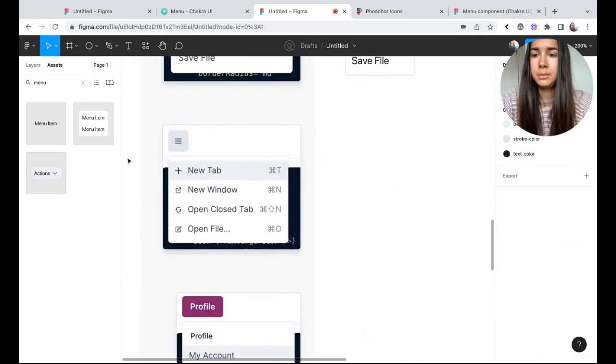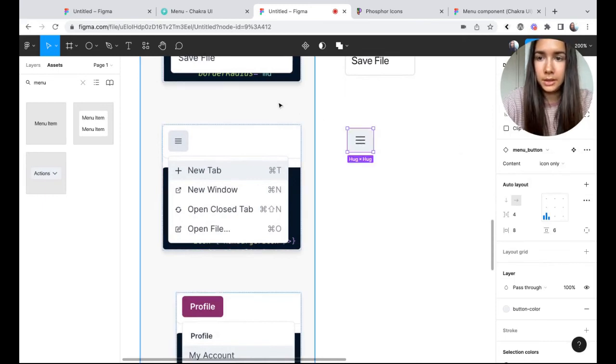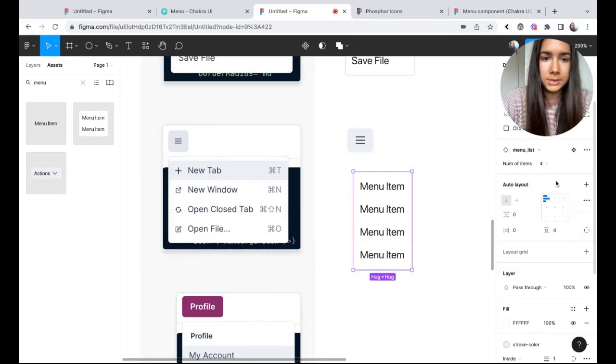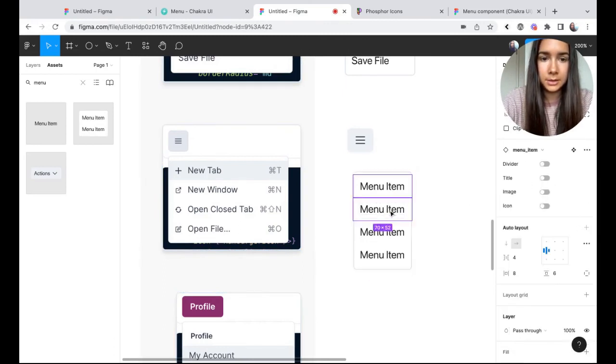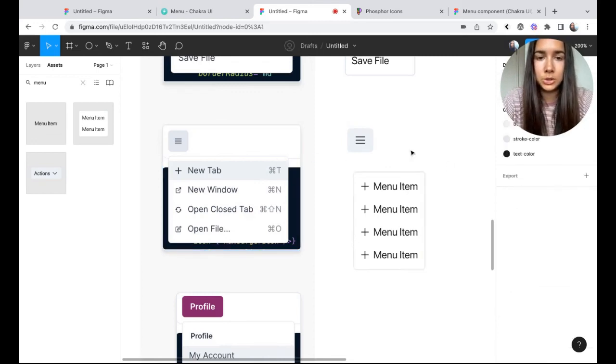So our third example actually has just an icon as the menu button. So we'll set it to icon only. And this one has 4 items with icons. And again, we didn't do the command one, but it would be the same principle as icon or image.